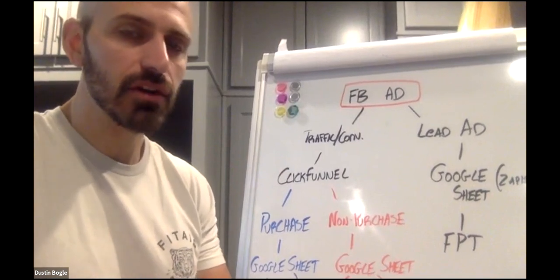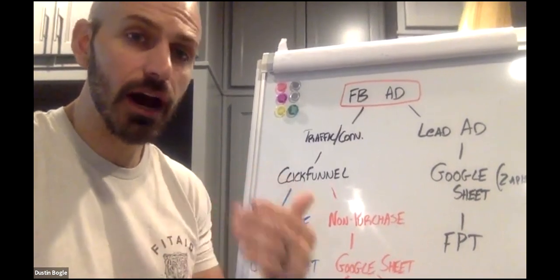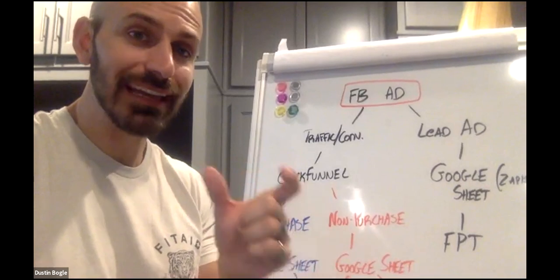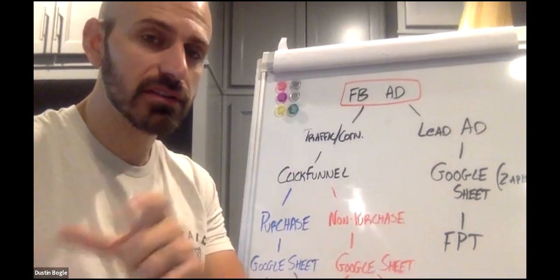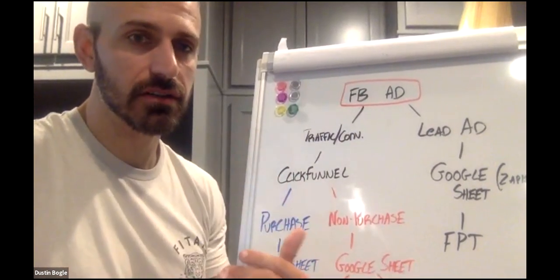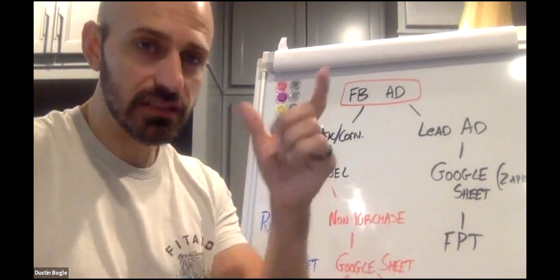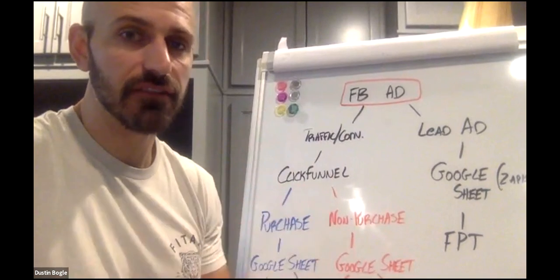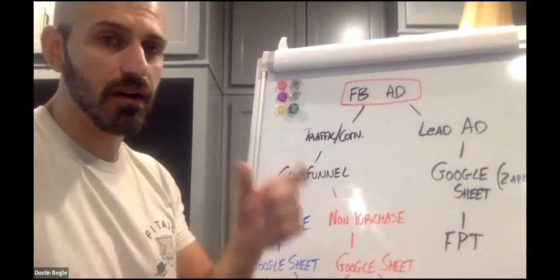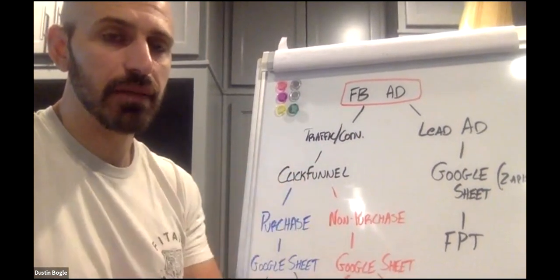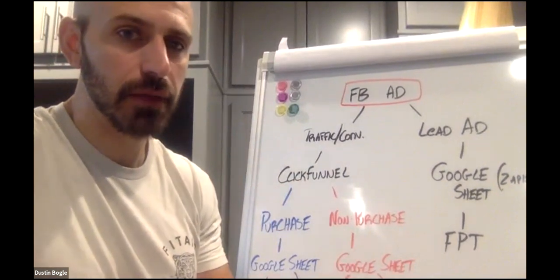What I recommend you do is that you still have an opt-in on the first page. That way, if they get to the order form and they bounce, you still have their contact information. So just because we're not treating it only as an opt-in, we don't want to not get that information. We still want to get name, phone number, email on the first page, and then the second page we want to collect their payment information.